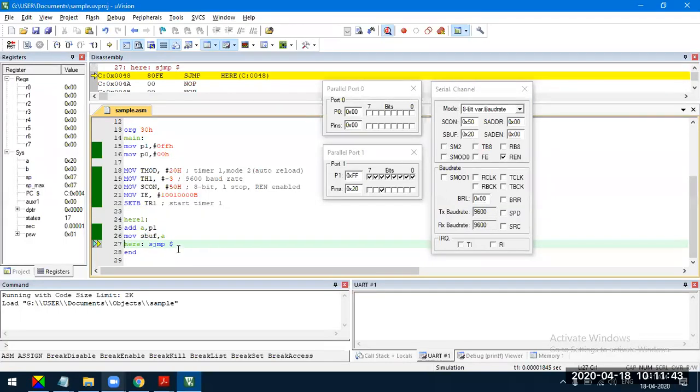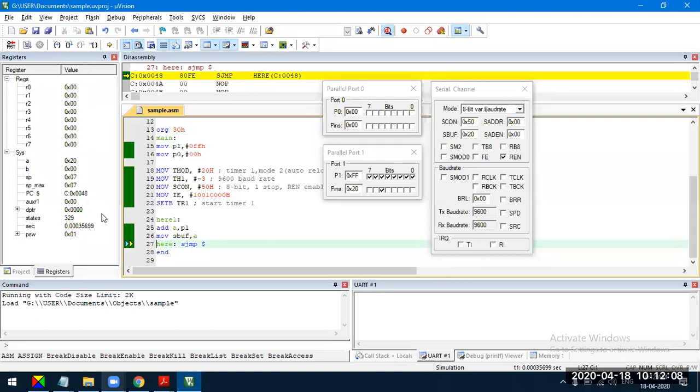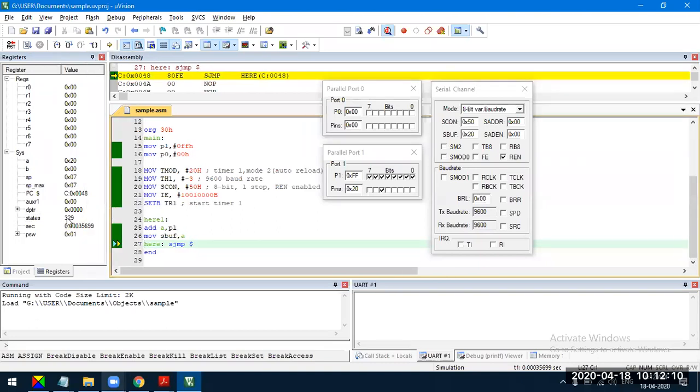Now this is an infinite loop, executed so that I wait until the data is transmitted. I'll continue to execute this program in single step, so I have to continuously hold F11. How long do I have to hold? Yesterday I was observing that. Can you see the states on the left hand side? It shows 327 or something like that. This will go approximately up to 900. It takes around 4 to 5 seconds, so you have to hold F11 for 4 to 5 seconds so that this reaches around 900.